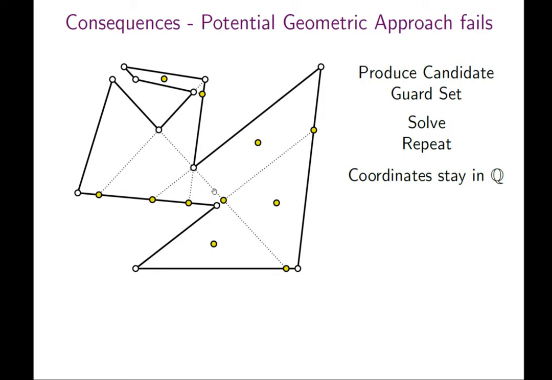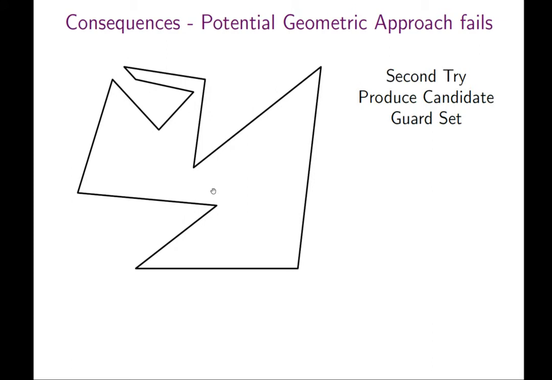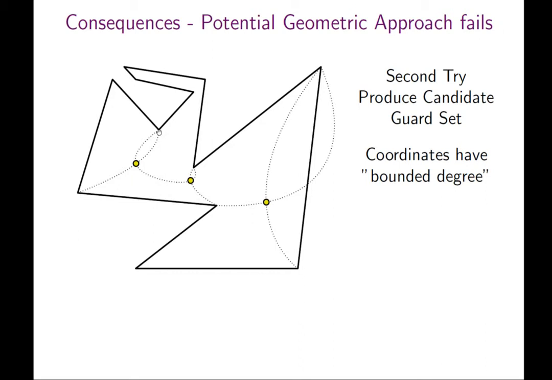But now I want to tell you something even stronger. So this failed. So now what's stronger is, so that kind of naive approach to produce a candidate guard set, right? That failed. So let's do something more clever. So we look maybe at some, I don't know, you can do it in any way you like. You can produce curves of some bounded degree, let's say 20, okay? And look at all of those curves, no matter how you define them, and look at all potential intersections. I mean, that could be a really sophisticated, clever algorithm that you came up with, how you define those curves. But as long as all of those curves have bounded degree,